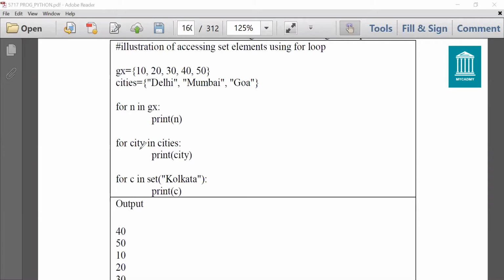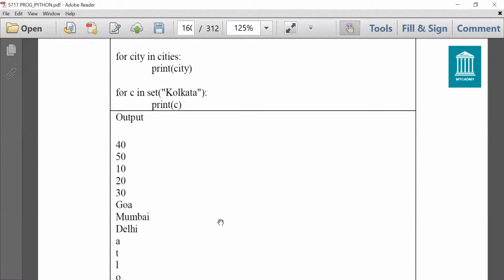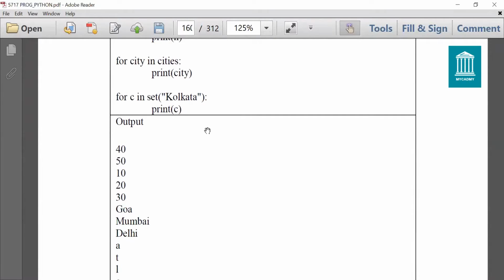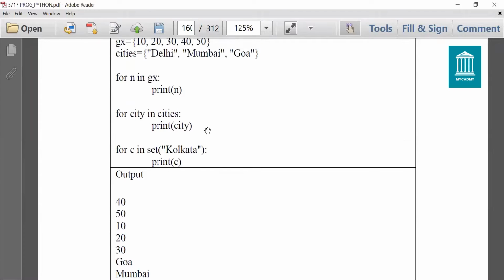Now I'm going to print for city in cities. It will print these cities. Let's see in which order it is displaying. Goa, Mumbai and Delhi. However, we have given the values in the order Delhi, Mumbai, Goa, but as it is unordered, it is displaying the result in a different order.